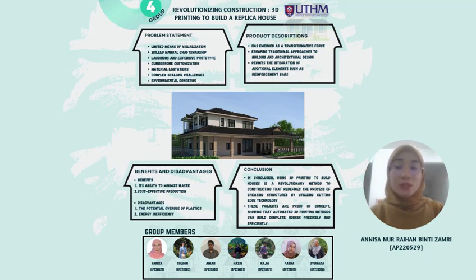The second one is skilled manual craftsmanship. The replication process of this era heavily leaned on skilled manual craftsmanship, a labor-intensive endeavor where artisans meticulously crafted intricate details by hand. While the artisanal approach imbued a sense of craftsmanship, it extended construction timelines and introduced the risk of inconsistency in replicated structures. Deviation in craftsmanship could lead to variation between the original design and the replica, adding a layer of complexity and unpredictability to the construction process.